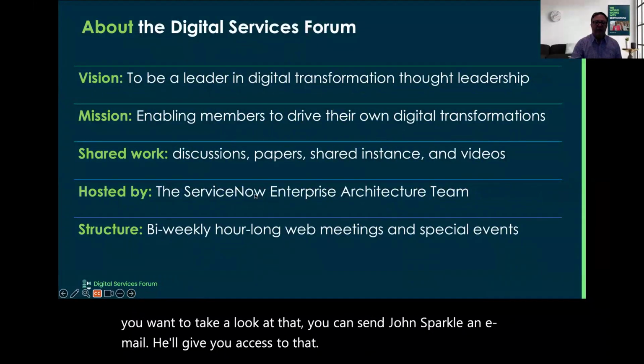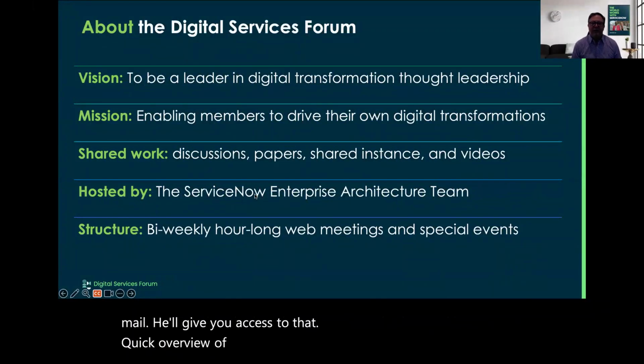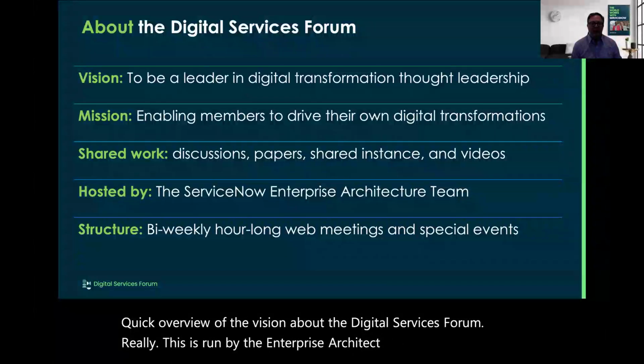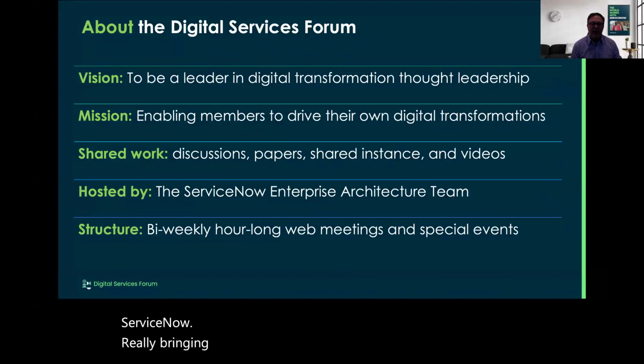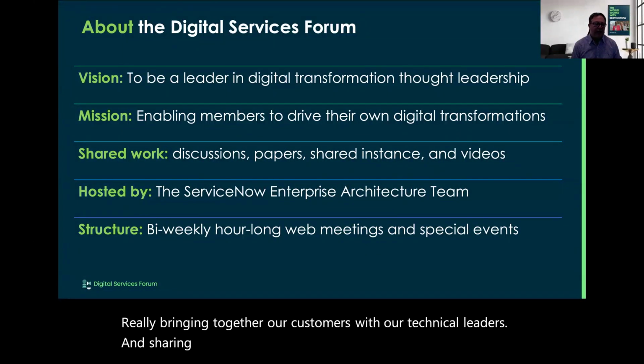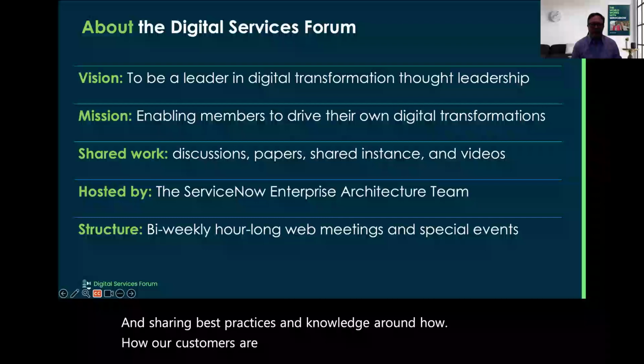Quick overview of the vision of the Digital Services Forum. This is run by the Enterprise Architect team here at ServiceNow, bringing together our customers with our technical leaders and sharing best practices and knowledge around how our customers are using the platform in digital transformation.